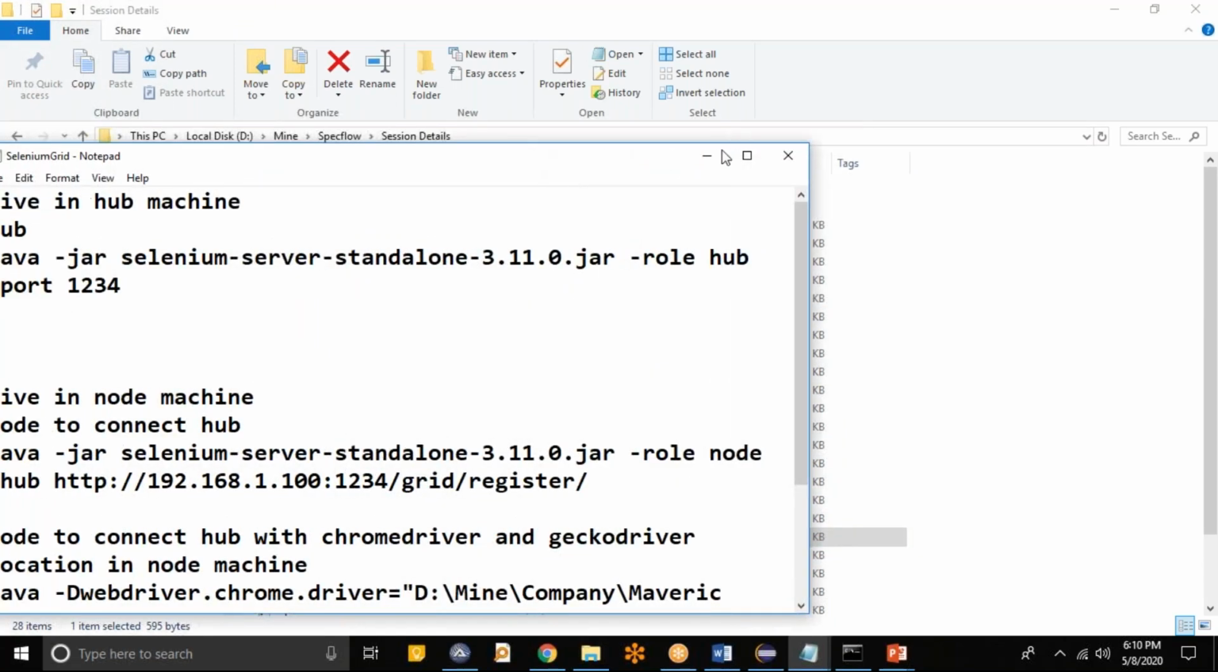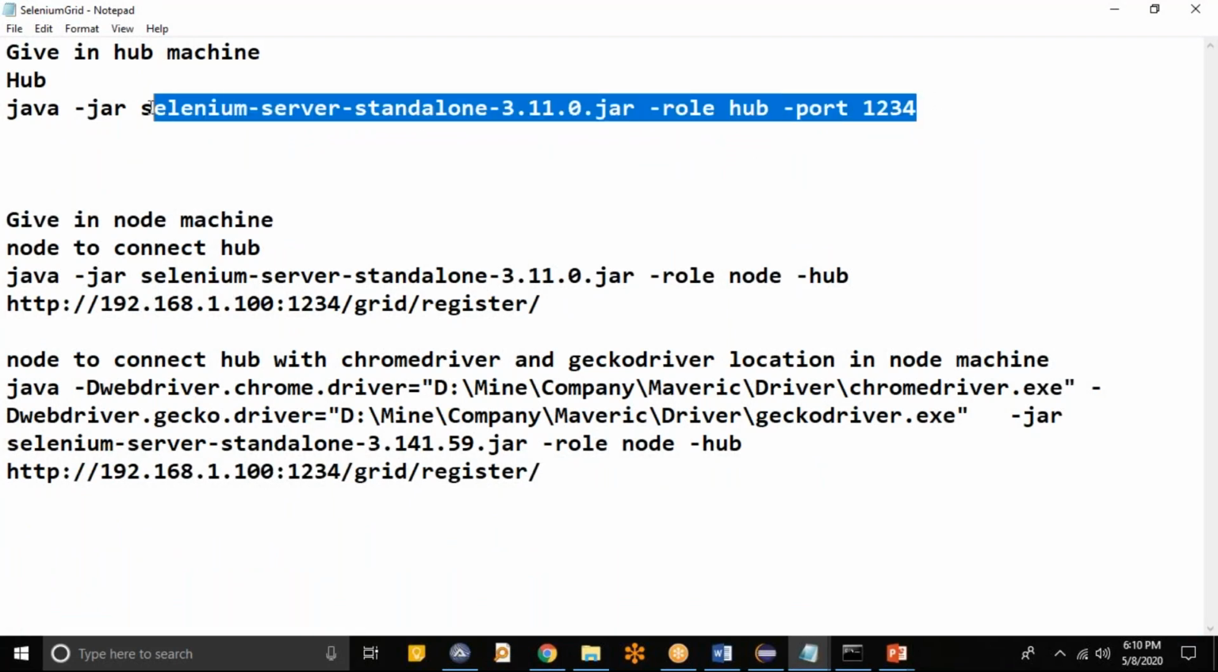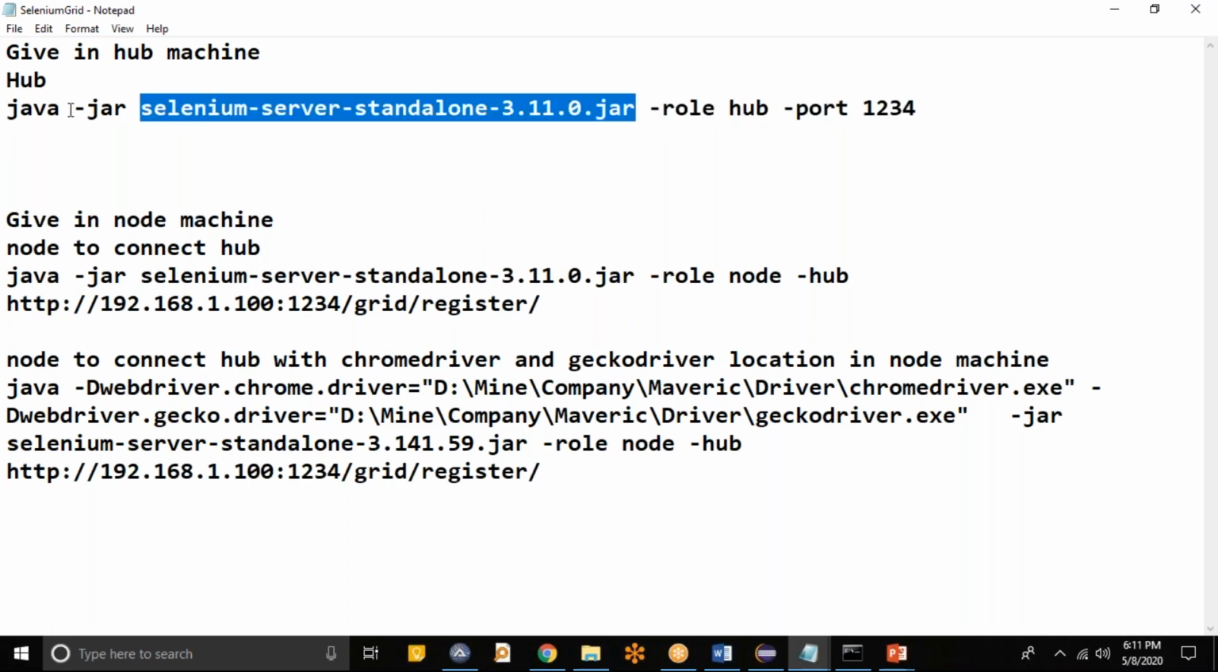I'll give you this command. Just see here. This is the command for starting the hub. Okay, so java -jar selenium-server-standalone. We will be using the latest version, which is 3.141.59. That particular jar. This is the jar detail, and java -jar, that's the command, -role hub. This will be the command for starting the